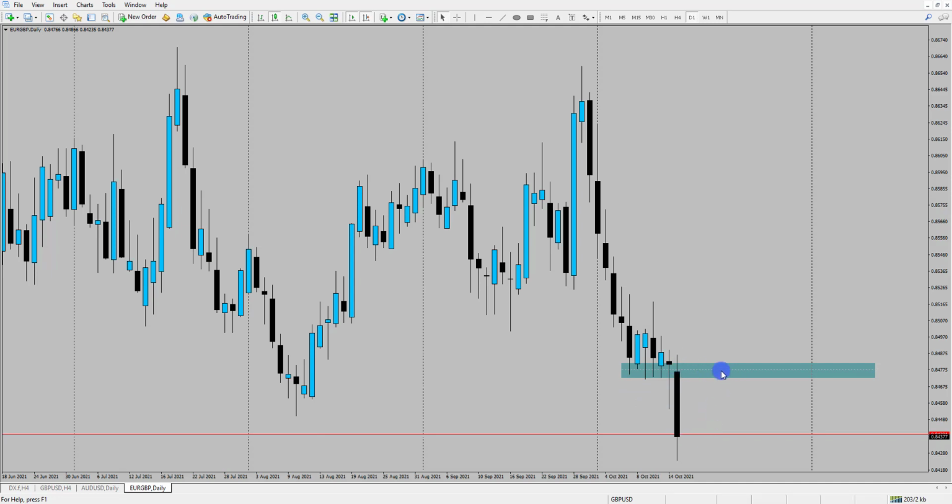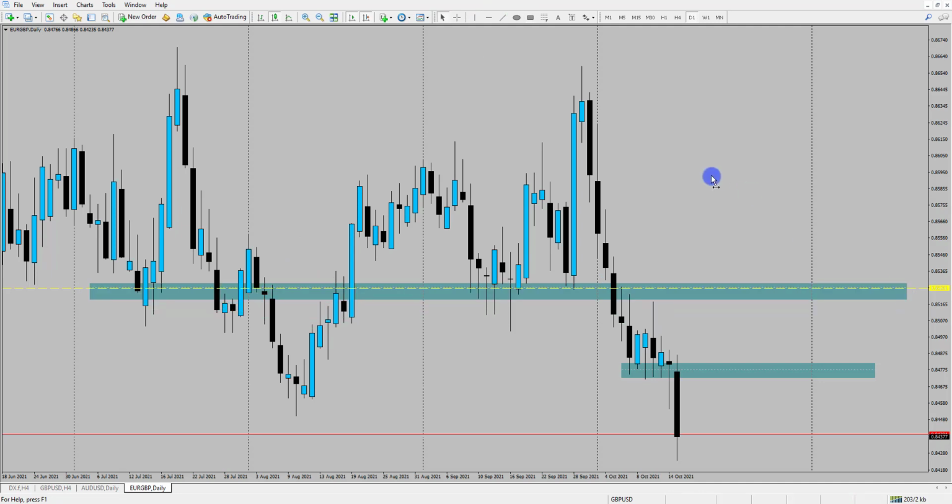If price was to come back into here, we could see a rejection there. The key lows for me are a little bit higher up. If we look at around about 85.30, we have this zone through here, which the market has rejected numerous times recently. We've had rejections here, a little bit of one there, a couple of rejections here as well. So maybe if price could just move a little bit higher,